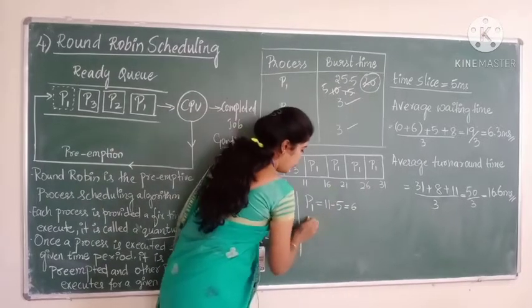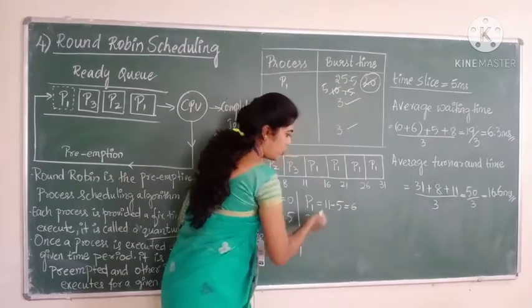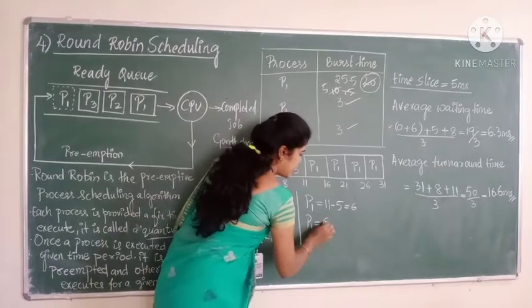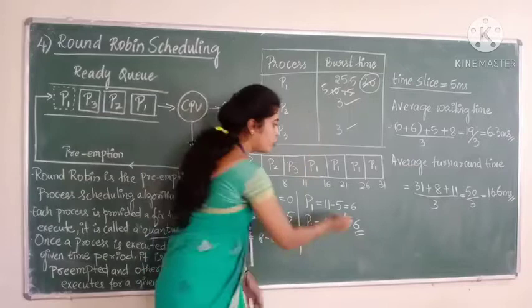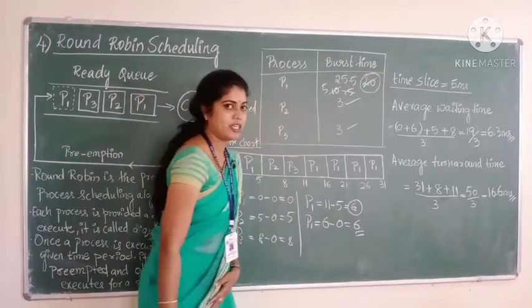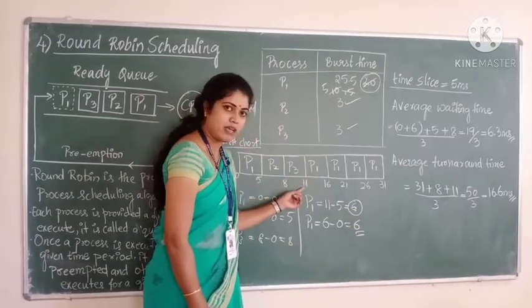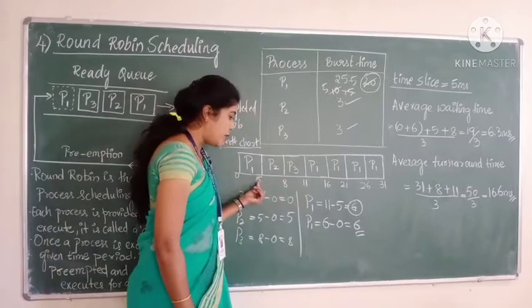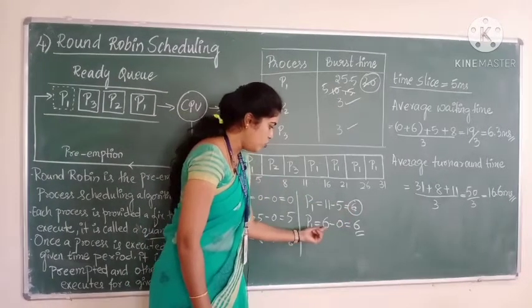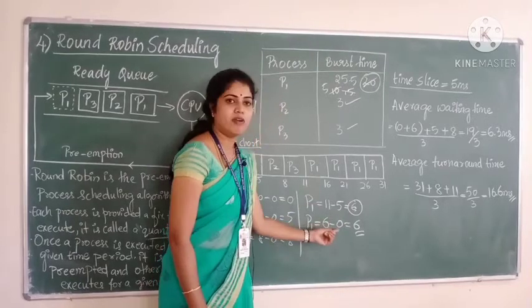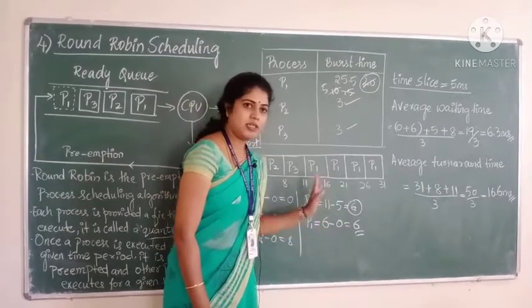And as you all know, for P1, the formula to calculate waiting time is starting time minus arrival time, and you will get 6 here. Okay, but how did you get 6? That is very important. See, P1 is starting with 11, but the same process already finished with 5. Because of that, 11 minus 5 you will get 6. And now the starting time of P1 is 6 and the arrival time is 0. 6 minus 0 is 6.